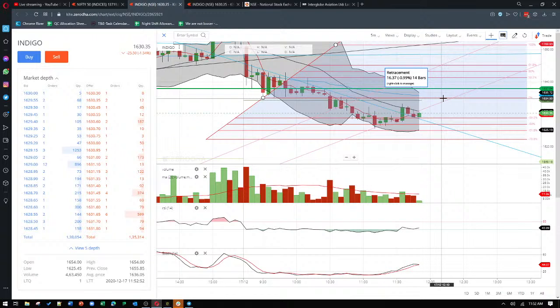So when we look at the RSI on the 5 minutes, the third last candle